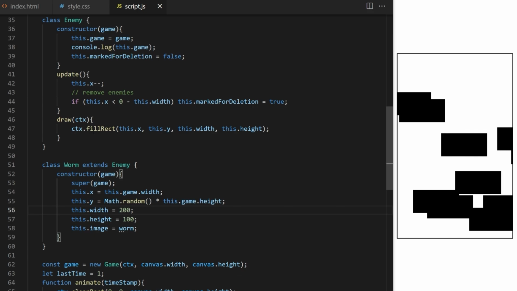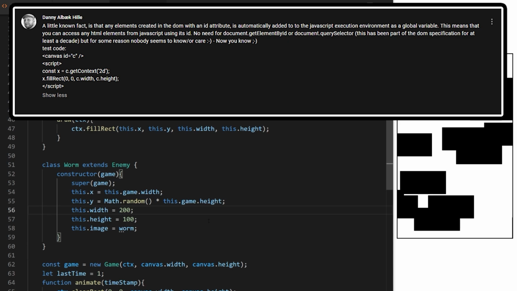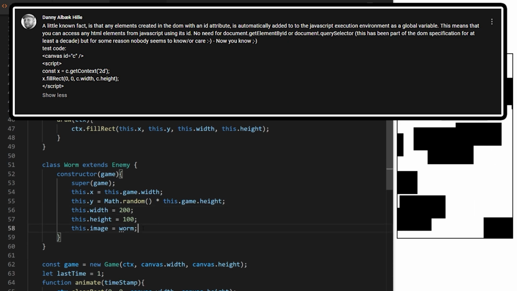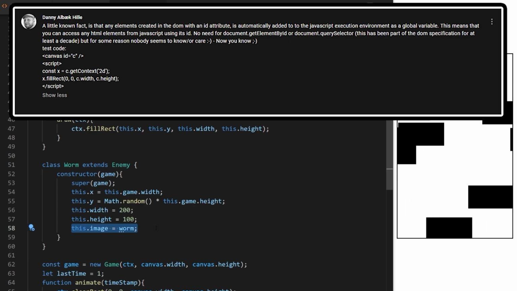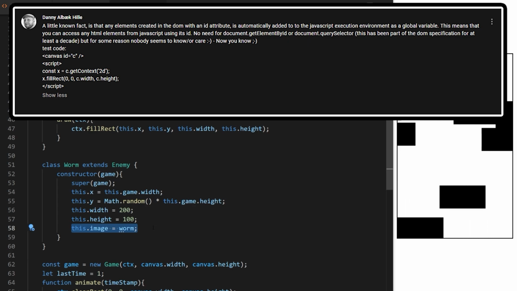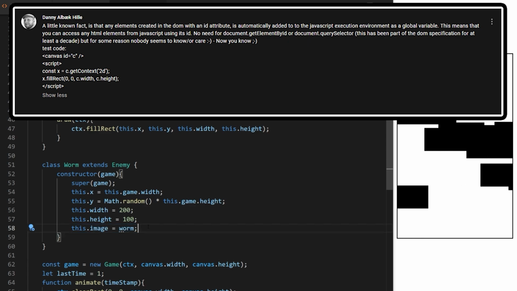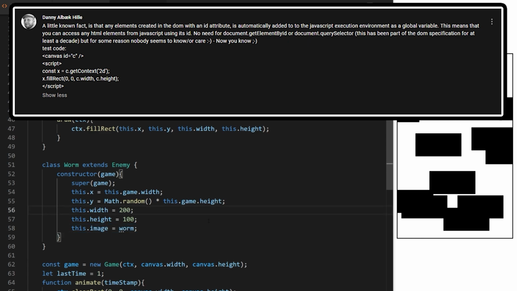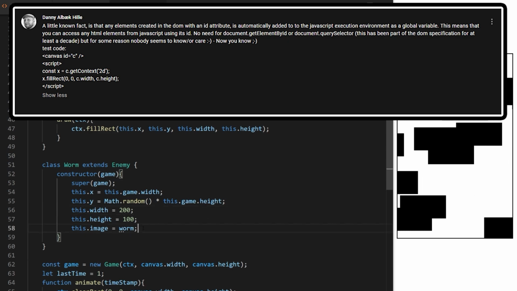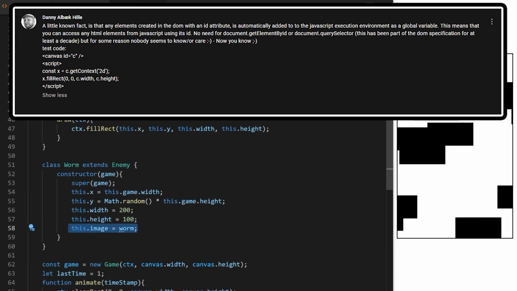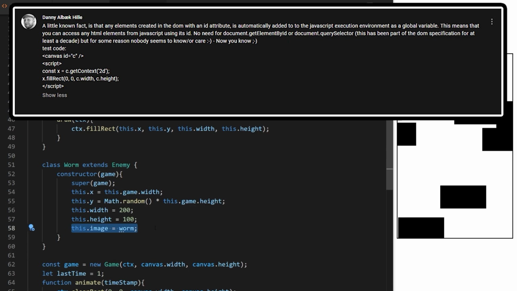This is not how we usually bring images into a project. Usually I would use getElementById to target my image element with an ID of worm that I created in index.html in the beginning. I wasn't aware of this, so all the credit goes to Danny, who says, a little known fact is that any elements created in the DOM with an ID attribute are automatically added to the JavaScript execution environment as a global variable. This means that you can access any HTML element with JavaScript using its ID. No need for